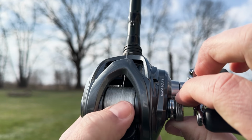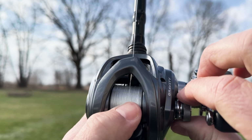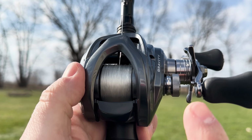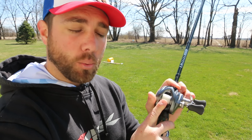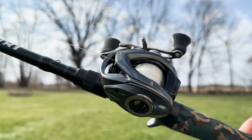Now, as I tighten the spool tension knob, again, it compresses down on the actual spool itself, and you will actually lose that side-to-side play on your spool. And you can actually tighten these up all the way that when you click the button, your lure will not even fall at all. Now, on the other side of your bait caster, you will typically have magnetic brakes or